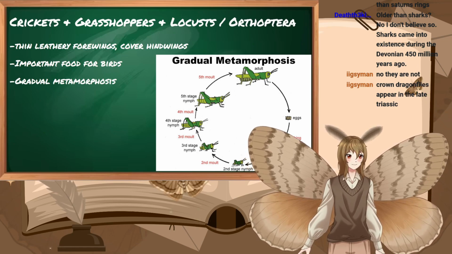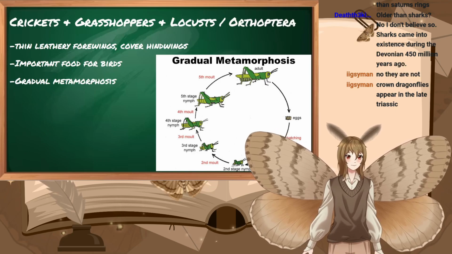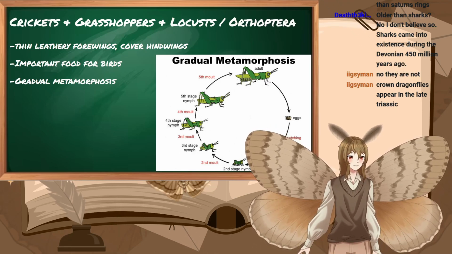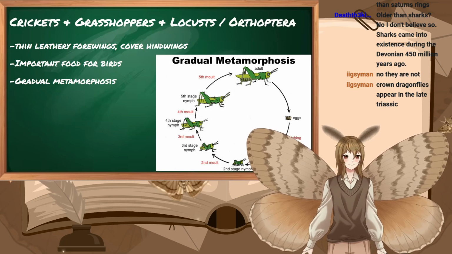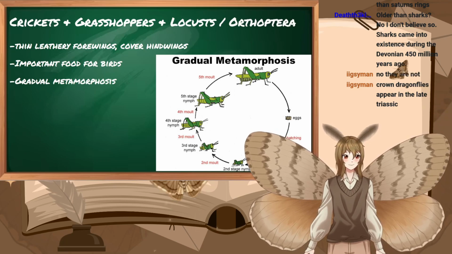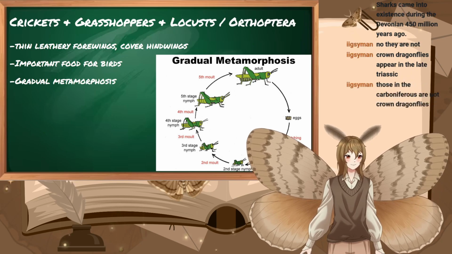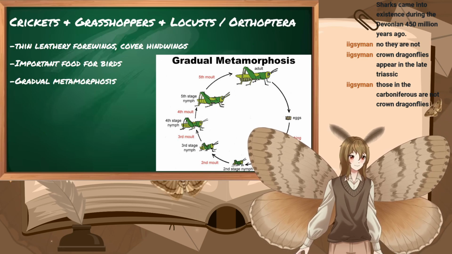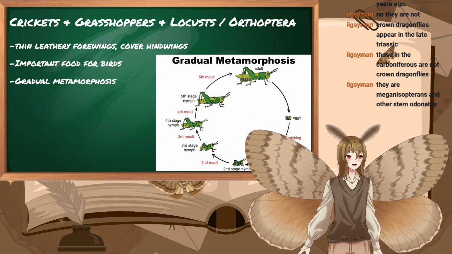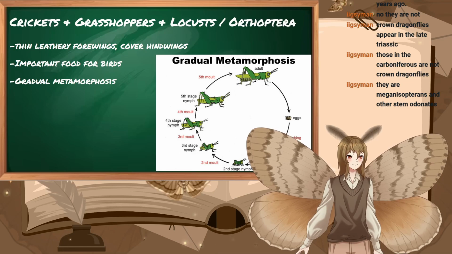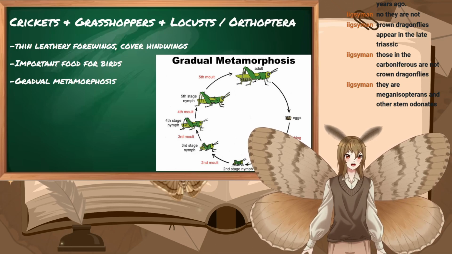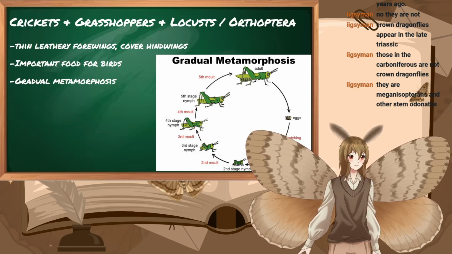Dragonflies are 300 million years old though. We have very old fossils of them. Those are not crown dragonflies. And other stem odonatans. Yeah, but odonatans are dragonflies and damselflies, so...